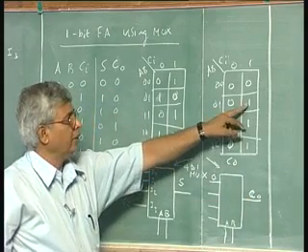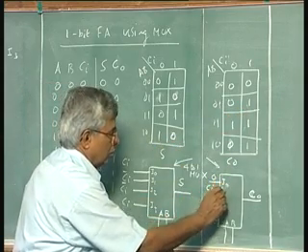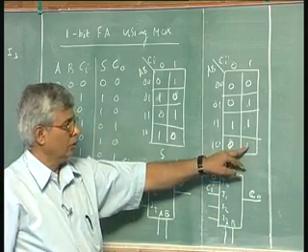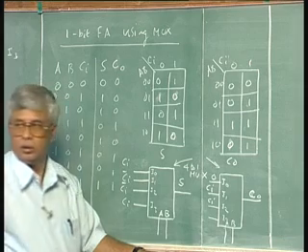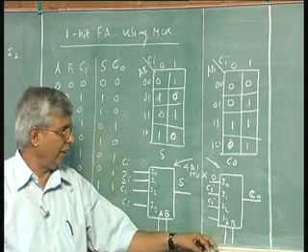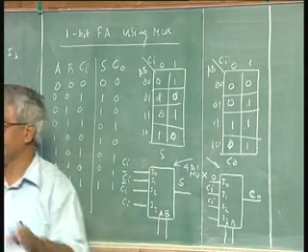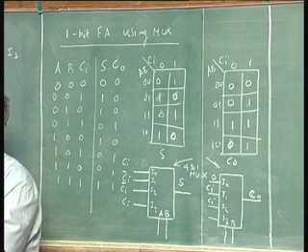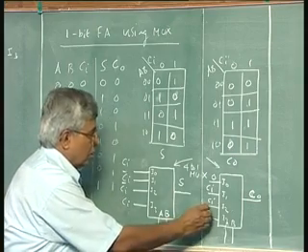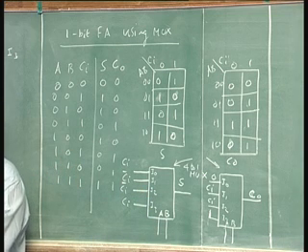If AB is 0 1, carry will be 1 if Ci is 1. So, I put Ci here. If 1 0, again Ci. And if AB is 1 1, whether Ci is 0 or Ci is 1, we have carry out. So, carry out is independent of Ci, it has always to be 1. So, I need to connect a 1 here. So, with 2 4 to 1 muxes, I got my full adder,